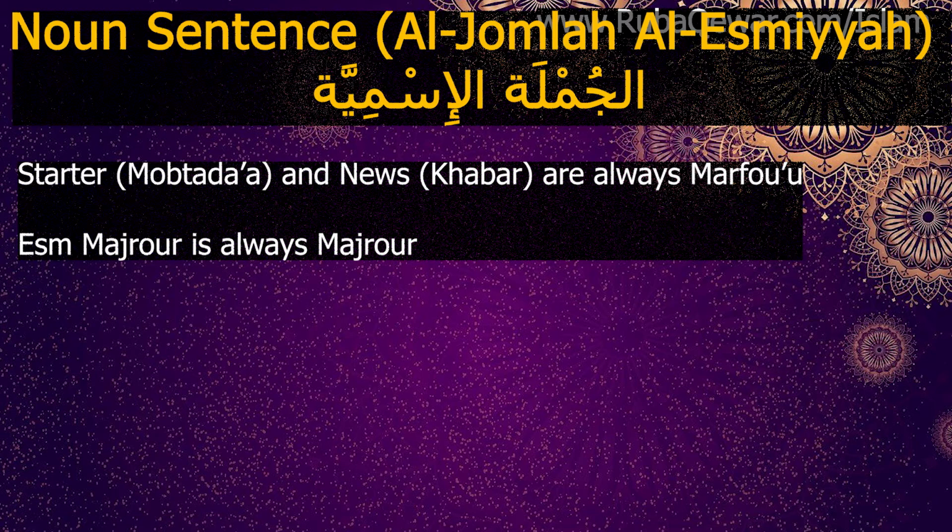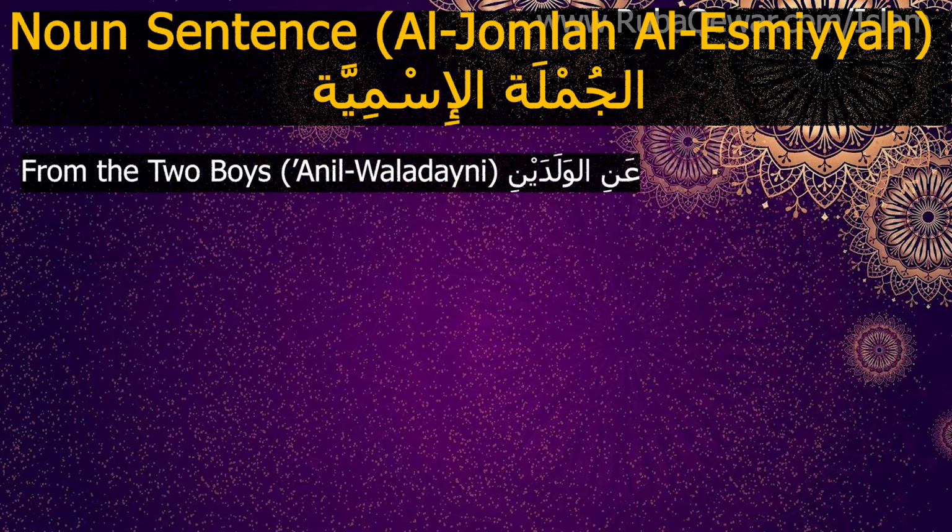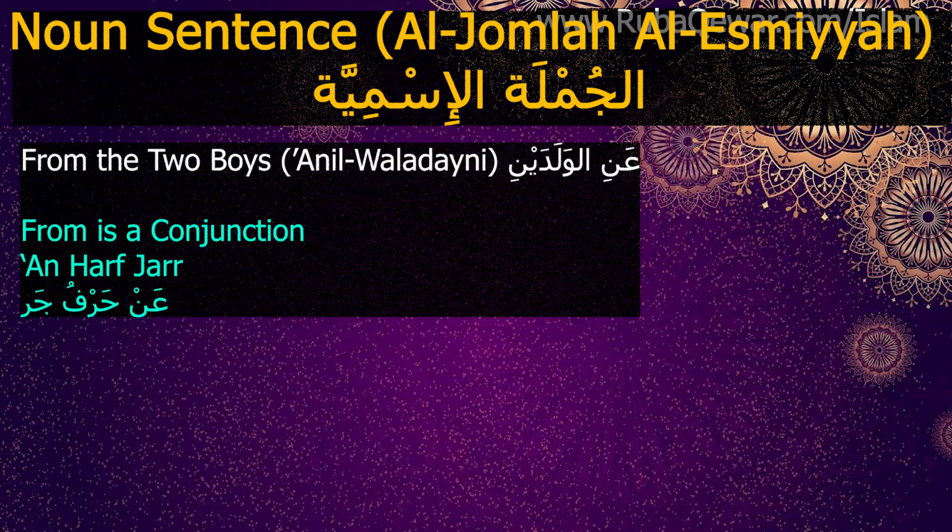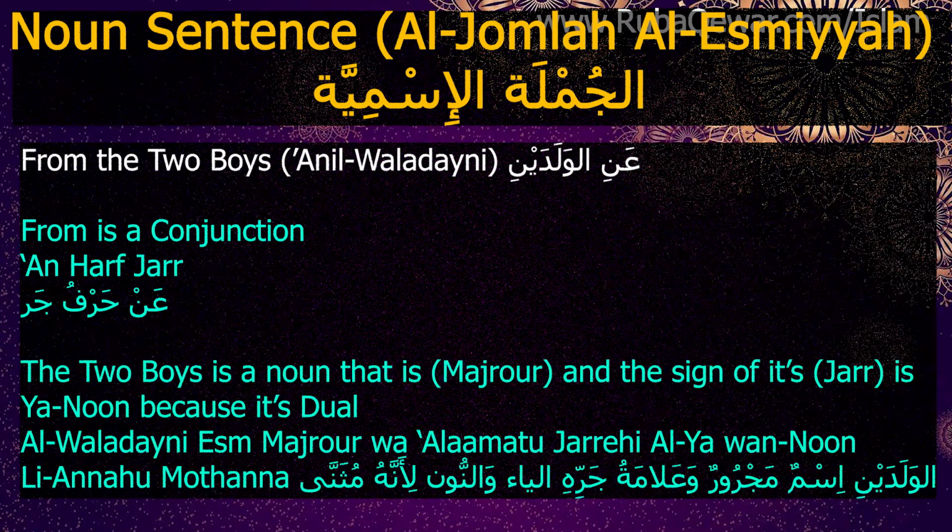كسرة, or if it's dual, it's different. Let's say عن الولدين, from the two boys. See, I did not say الولدان. الولدان only if it's مبتدأ and خبر we use الولدان. الولدين is مجرور. So عن is حرف جر. الولدين اسم مجرور